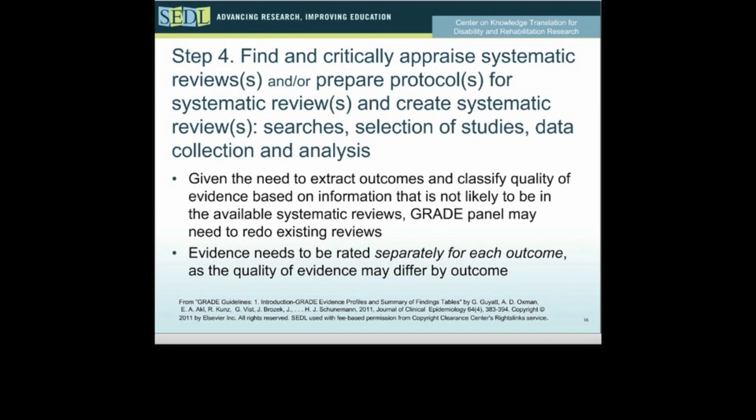Step 4, find and critically appraise systematic reviews and/or prepare protocols for systematic reviews and do these reviews. Do your searches, select the studies, collect the data, analyze them. Now, given the need to extract outcomes and classify the quality of the evidence based on information that's not likely to be in the available systematic reviews, a GRADE panel that wants to follow the GRADE methodology may need to redo